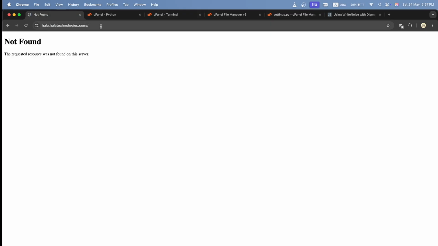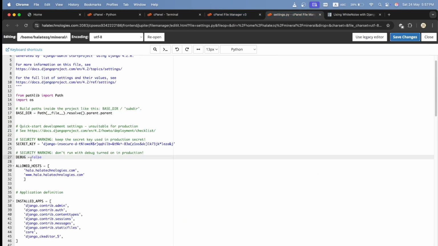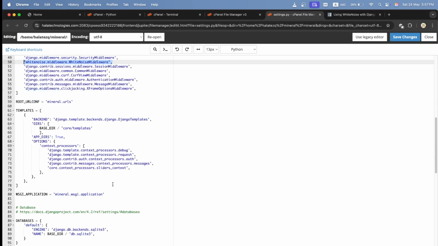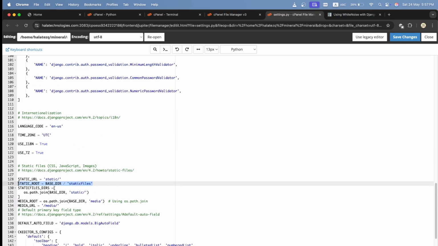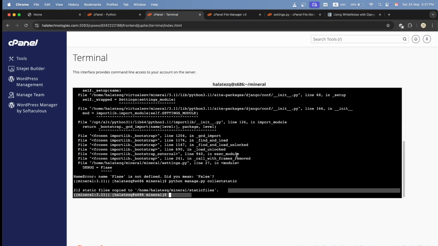So basically what we have done is I have turned the debug to false, then added this WhiteNoise middleware. As you see, it should be below the security middleware. Then I have added STATIC_ROOT. Then I installed the WhiteNoise library in the terminal. Then I have run python manage.py collectstatic. That is all to serve your static files in production.